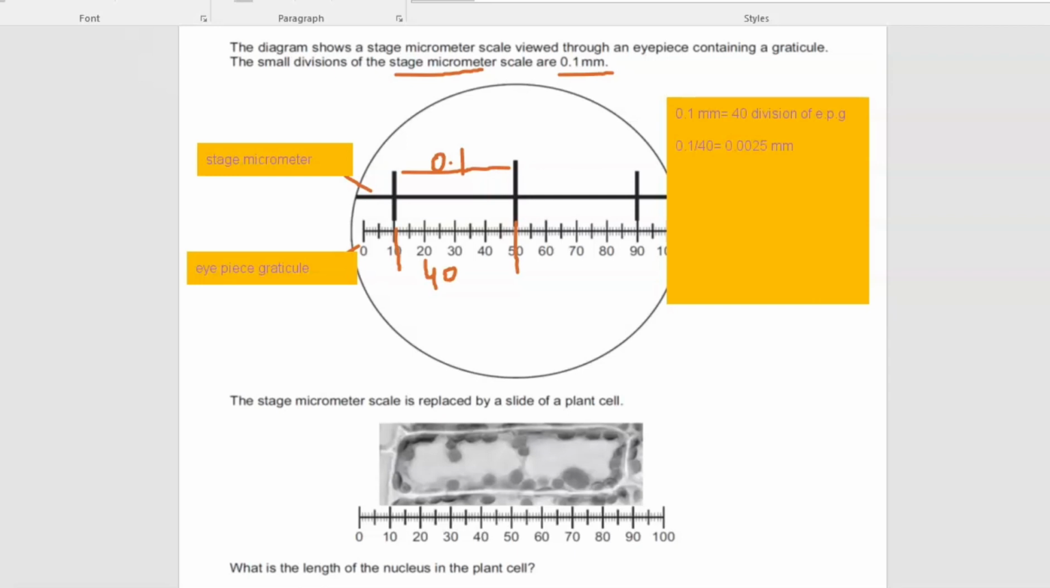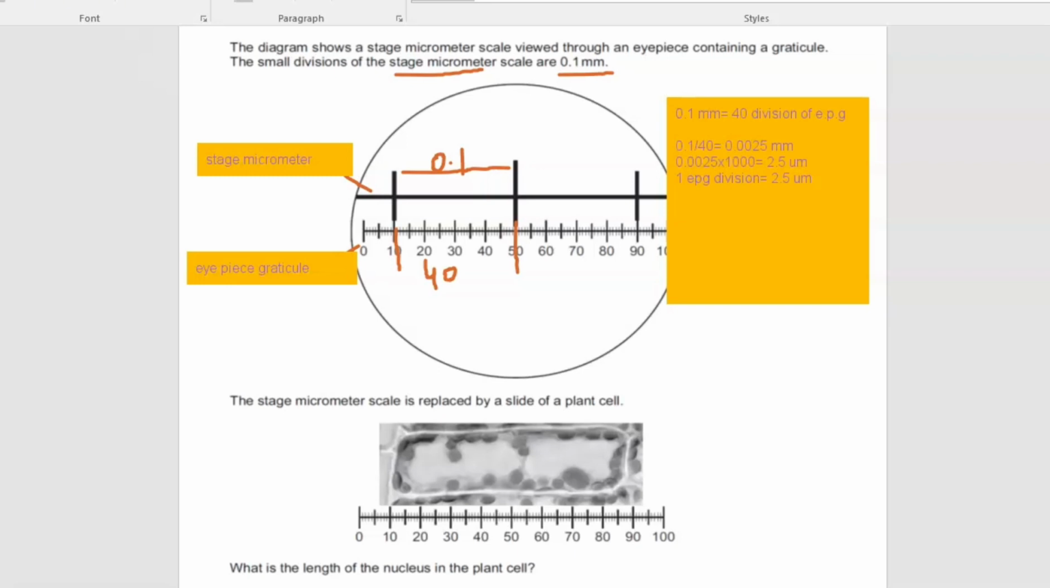So 0.0025, we have to multiply it by 1000. So it will be 2.5 micrometer. So one eyepiece graticule, one EPG division, is equal to 2.5 micrometer. This is the calibration process, and the value from this calibration we will use to solve